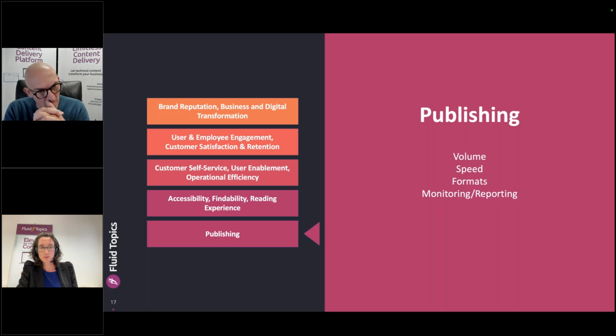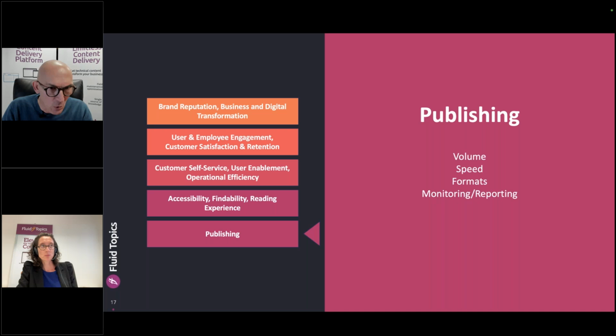80% of the content professionals that reach out to us initially look at a solution because they've reached the limitations of their current processes on how they are publishing that content, really how they can make that content available, at what speed, and how they do it. It's like replacing those scripts that I have talked about earlier.